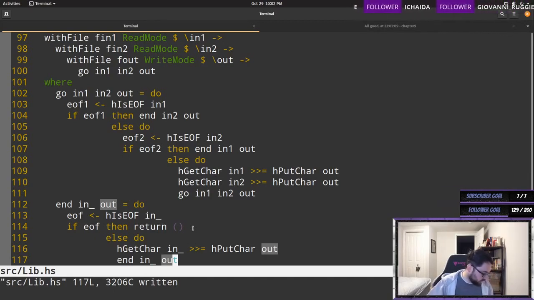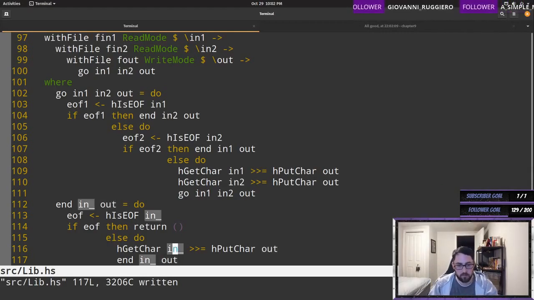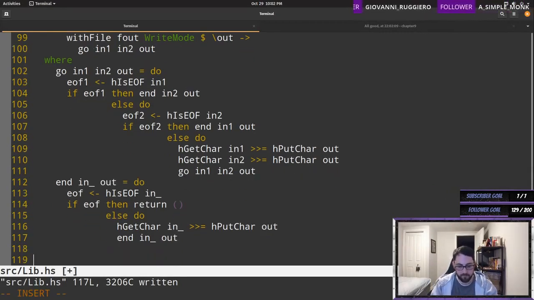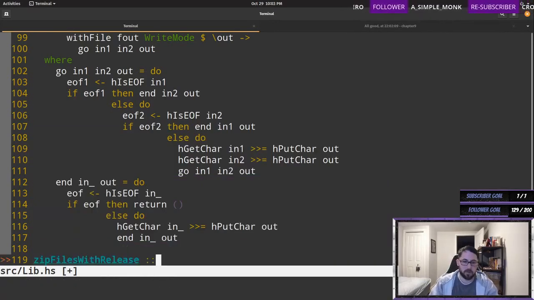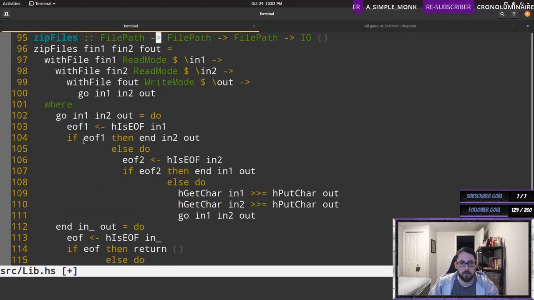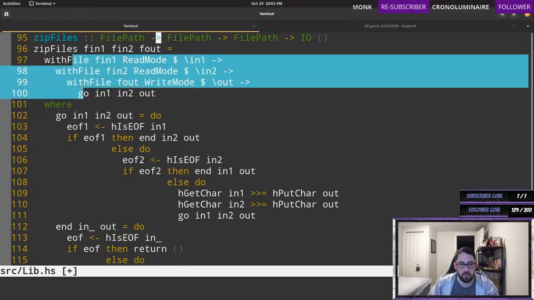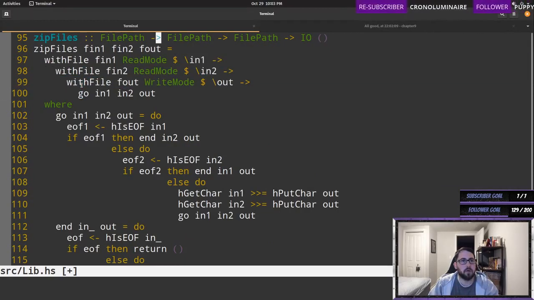I guess there really isn't a way to clean this up. Well, we'll read. So, okay. So the point here, just for reference, is we have this with file, which will appropriately